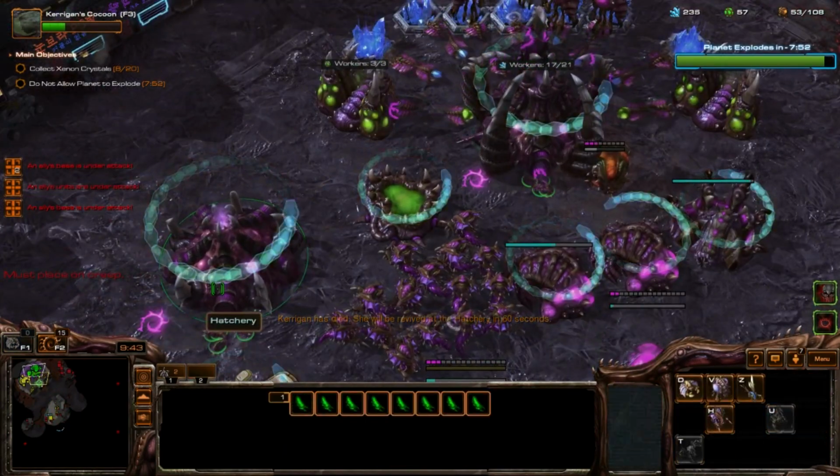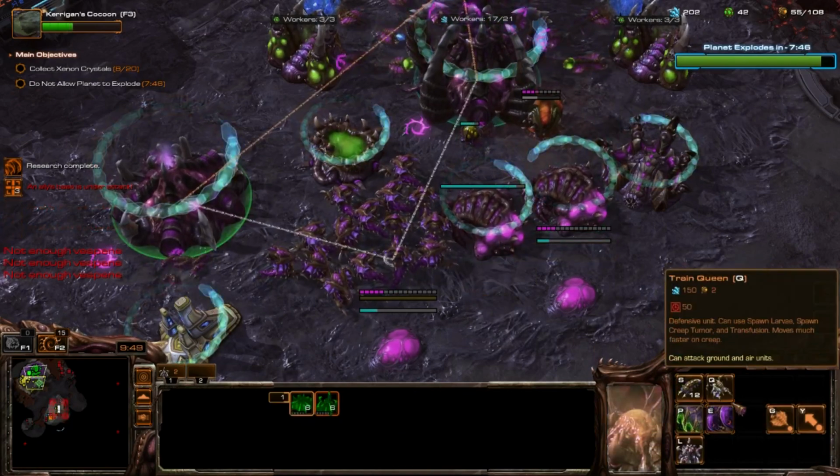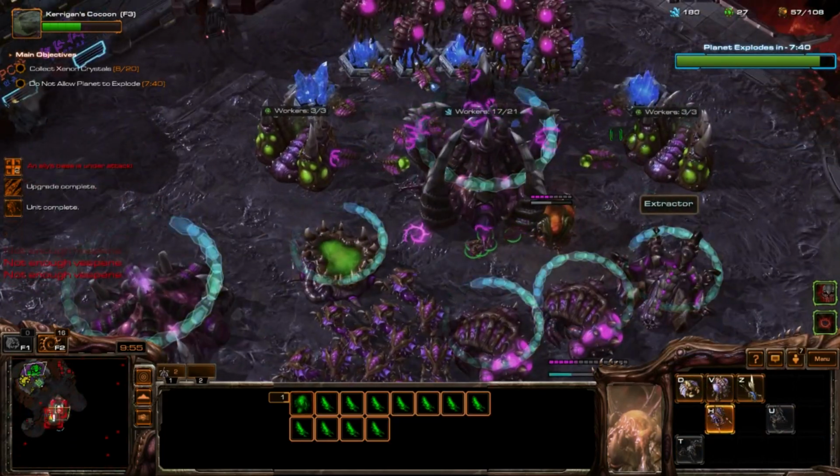I am activating Chrono Boost now. That should greatly increase the output of our structures. Oh, I have no minerals. Evolution. Okay. Our ally's base is threatened. I mean, I have no